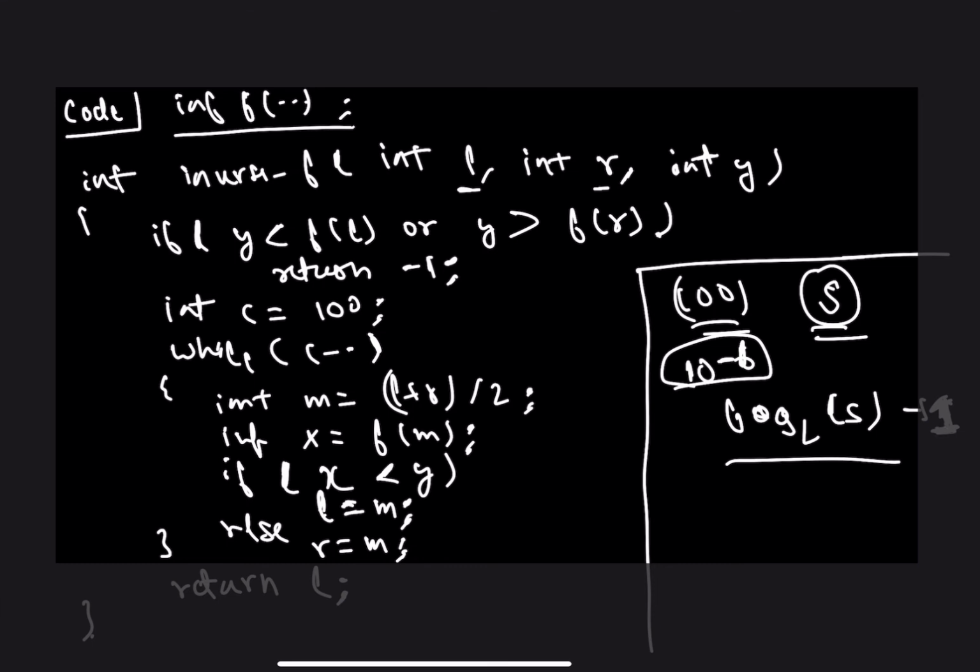And beyond that, you would need to perform around 20 more iterations. So if you call this 20 a constant, so in those cases, you might say that log 2 s is actually the runtime complexity, and is the total number of iterations that we are making in here on an average. So log 2 s plus some constant value is the total number of iterations that we are making.